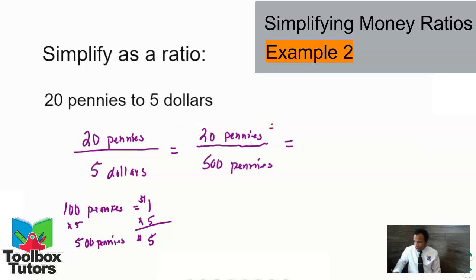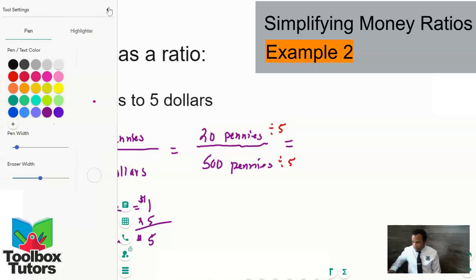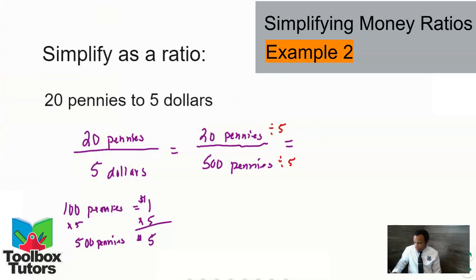So let's see, divided by 5, and we'll get 20 divided by 5 gives you 4. So you have 4 pennies, and then 500 divided by 5 gives you 100